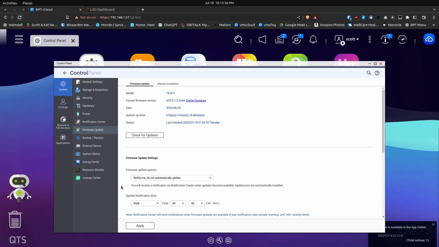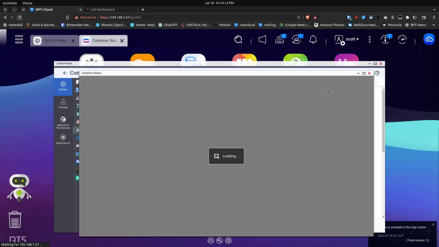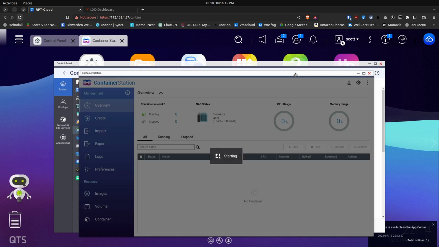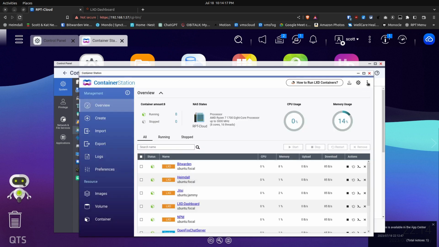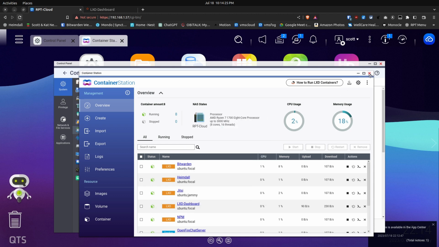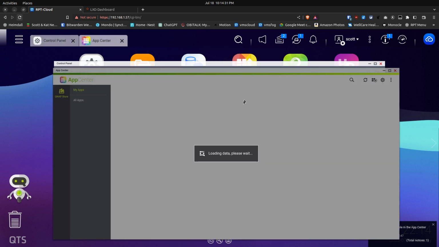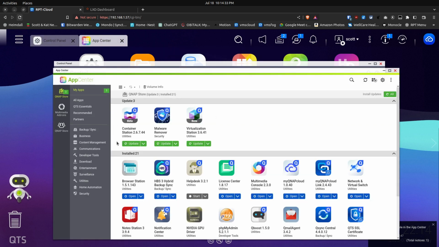So here we are after the reboot, and we've upgraded QTS to version 5.1.0, as you can see here. Now, if we go over to Container Station first, Container Station's still running the same version that it was running when we were on version 5.0, that is 2.6.7.44. However, if we go over to the App Center and launch it, you'll see that there are 3 updates being offered,